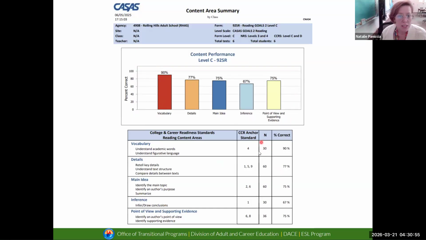So across 6 tests, there were 30 questions total. And so you want to weigh the number of questions as well. Given that, we can deduce which areas students need the most assistance in, the ones they're performing lower in, as well as the number of questions for each of those areas.